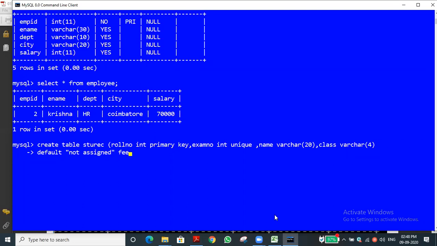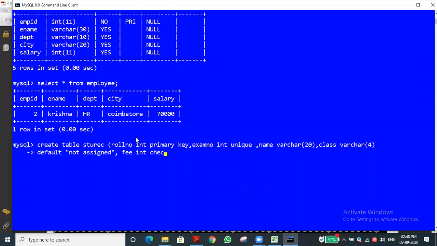For example, fee. Fee is one column. Integer is the data type. Comma in front of fee, comma should come. Comma, fee, and the integer data type. We are going to apply the check constraint.